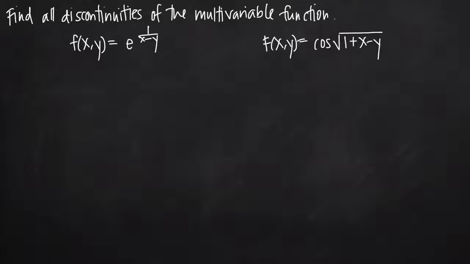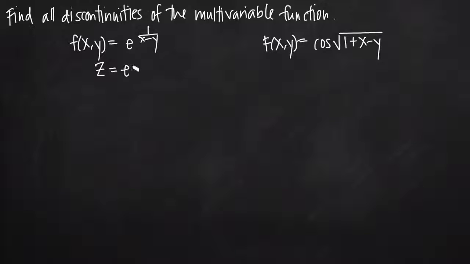Today we're going to be talking about how to find discontinuities of a multivariable function. And in this particular video, we're going to be doing two separate problems because they're both short. The first one is the multivariable function f of xy is equal to e raised to the 1 divided by x minus y. So we're looking for discontinuities of this multivariable function, and we can also think of this as